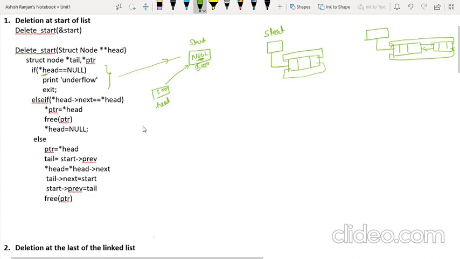So in second case, when we have single node, how we'll check? Let's suppose this is 1000. This 1000 is stored here, and the address of this variable 5000 is stored inside the head. Now whenever we write asterisk of head, means we are writing content as 5000, that is 1000. So whenever we are talking about asterisk of head, we are talking about 1000 address. That is the first block.